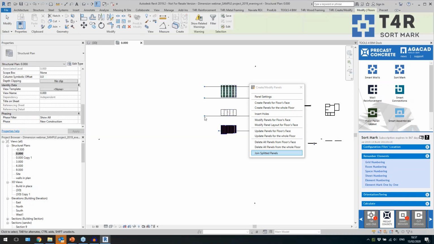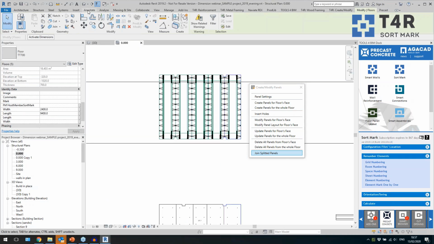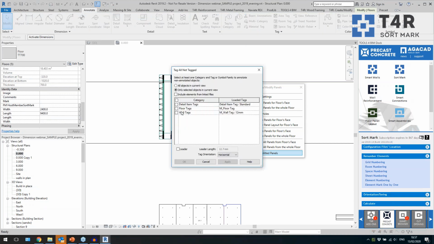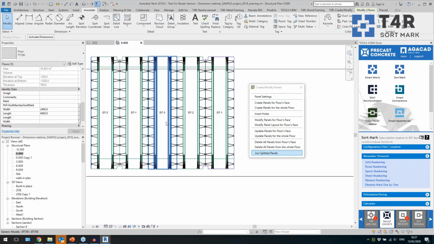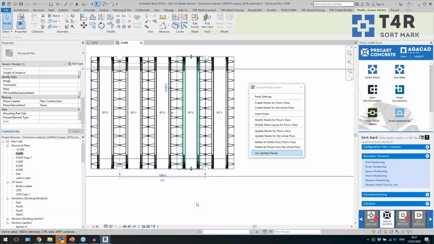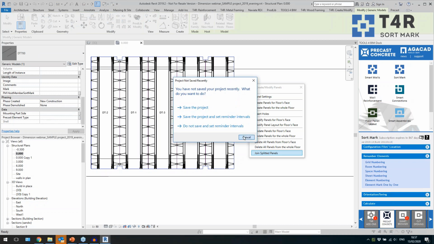But what I want to say is that now they are automatically renumbered, right? If I'm gonna tag these floors, okay. Should be visible now that this one is DT1, DT2, DT3, and so on, because that was my settings to get this kind of dimensions. And then I would like to show you